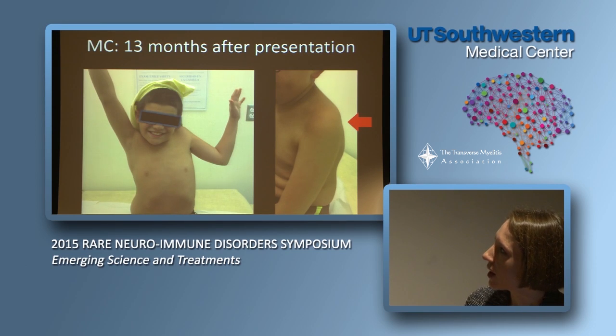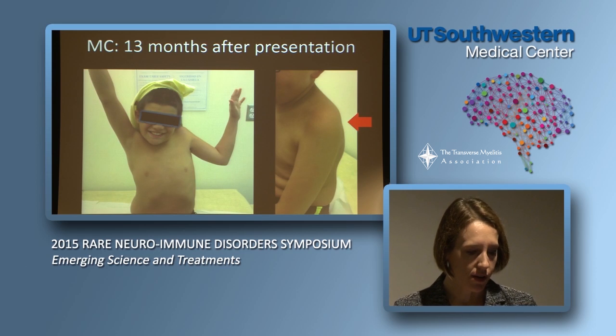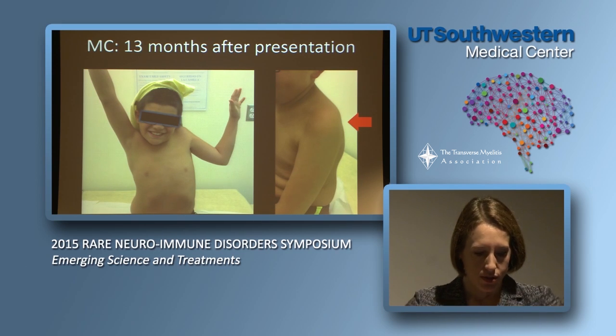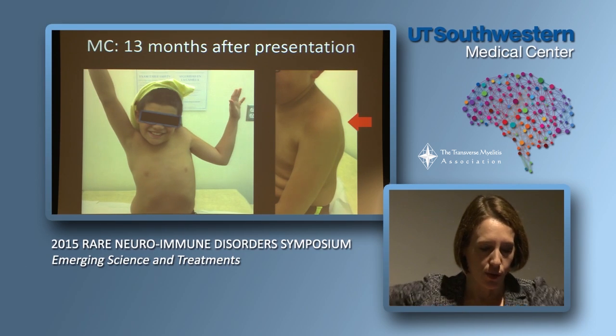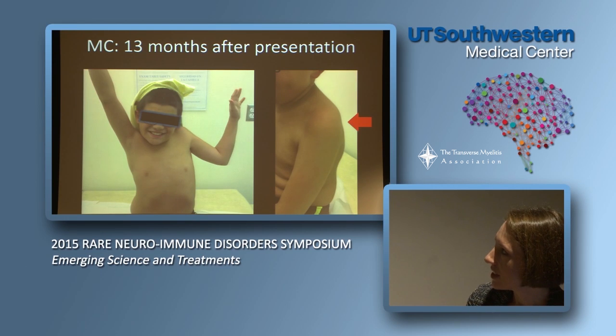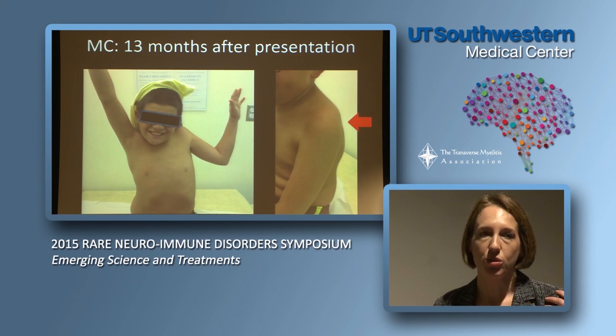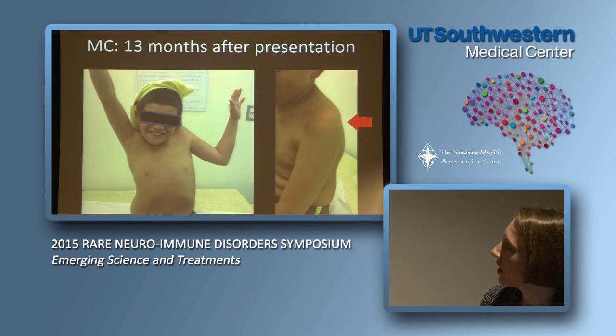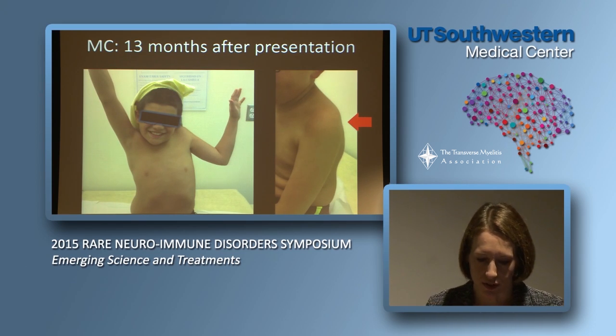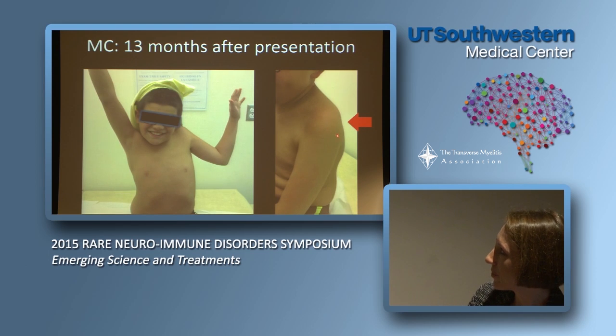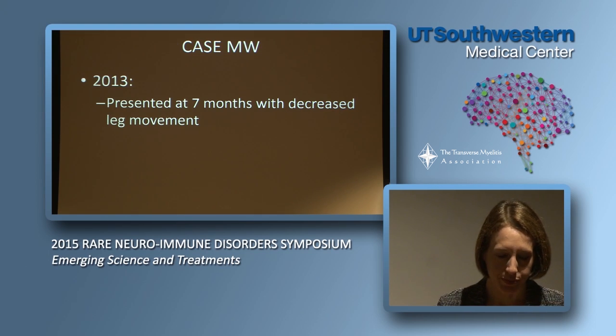So here he is now. This is a couple weeks ago, and he's in the clinic. And what I asked him to do was raise his arms as high as he could over his head. And you see he's a pretty happy guy, but he's having some difficulty getting this arm up. And this is consistent with the type of weakness that we're seeing, that it tends to be worse closer into the body than it is distal. And there's muscle atrophy associated, and I recognize it's a little bit difficult here to see, but there's been some shrinking of the muscle there.